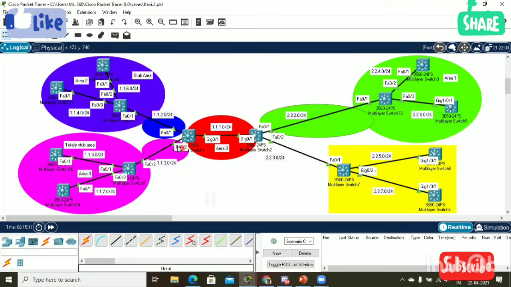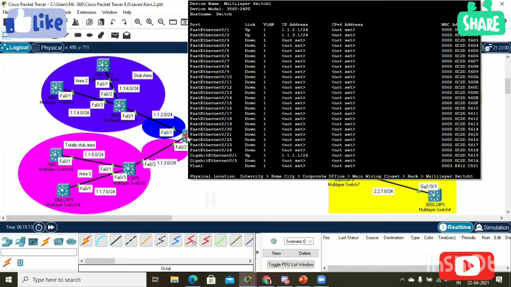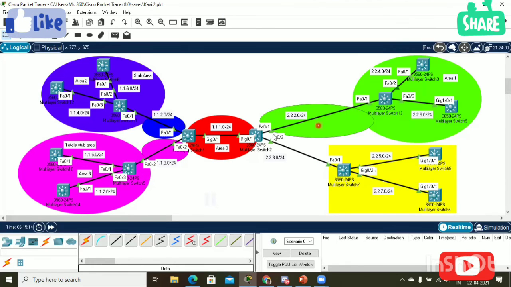Okay, this is the ABR. If I configure RIP also, then this router will become the ASBR, Autonomous System Border Router, because it resides between two protocols, one is OSPF and another is RIP.